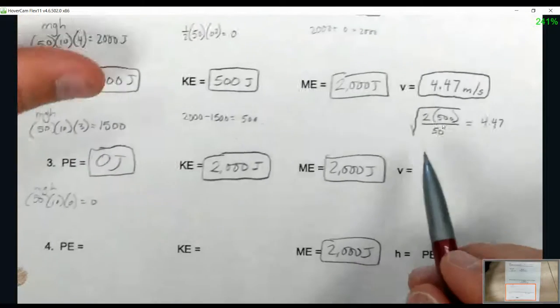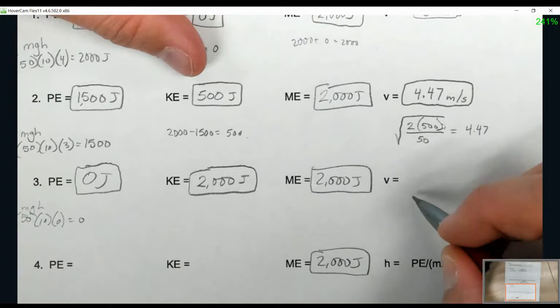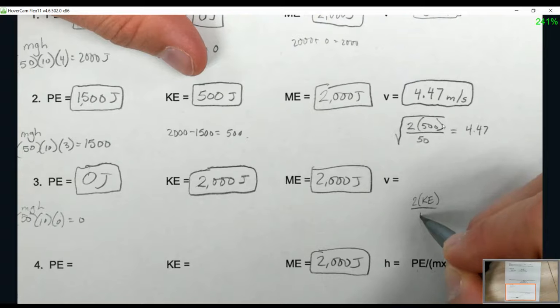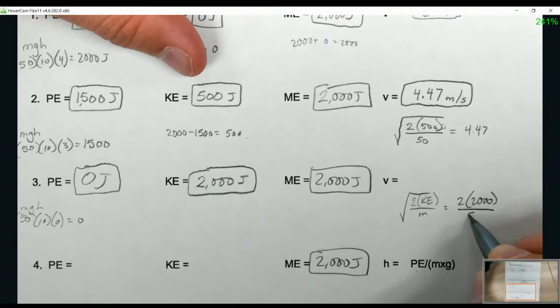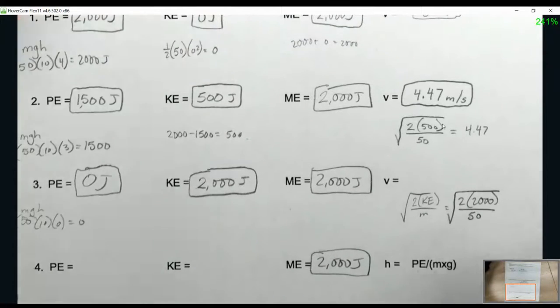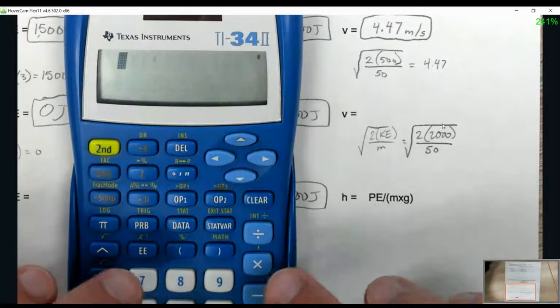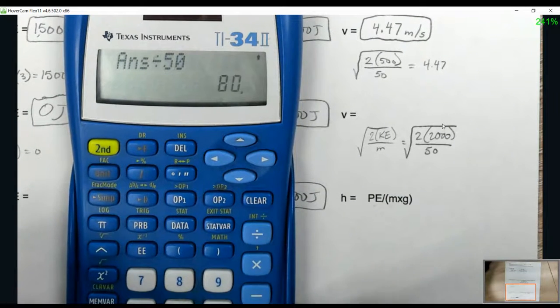Cool. So now that you have the kinetic energy here, you can use the equation 2 times kinetic energy over the mass, and square root. So you're doing 2 times 2,000, divide that by 50, and then square root. So if you're using this calculator, you can do 2 times 2,000, good, divide that by 50, good,